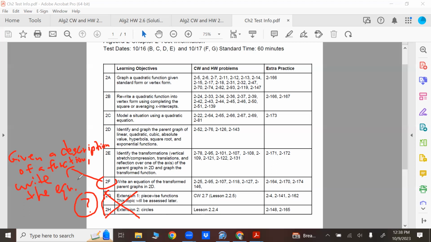Say, for example, I said, oh, here's an equation. It flips over the x-axis, and it's shifted 4 up, and it's shifted 3 right. Give me the equation. I could do something like that. And there's sample problems, total sample problems there. And the last one is more